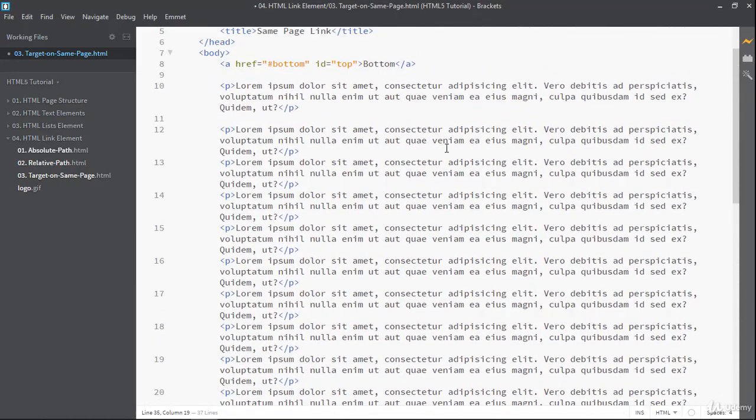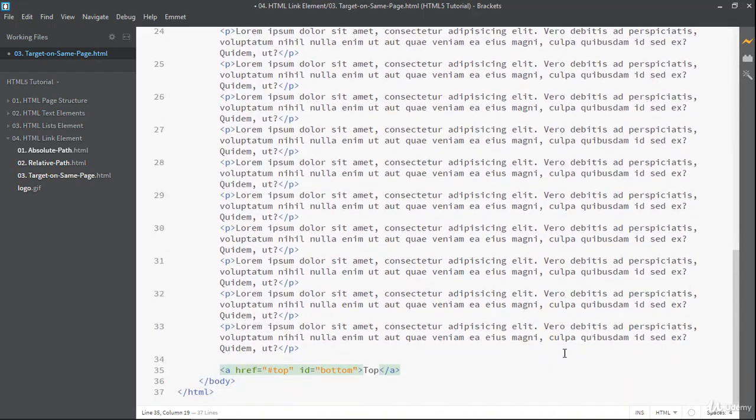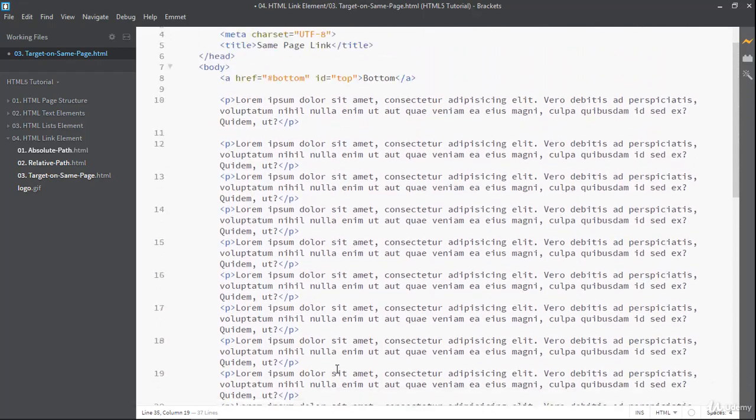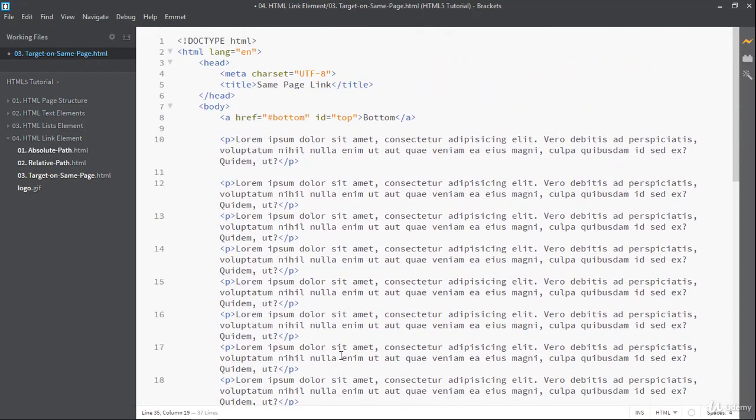If you are creating a single page website or web page and that is very long, then after scrolling, when you click on the bottom anchor tag, it will directly scroll to the top of the page. So for that you can use this concept in real time.